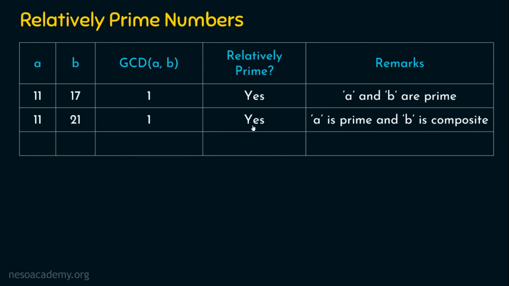I'm going to show a third scenario where the numbers A and B are not prime, they are composite. Can you see here? I am taking A as 12, which is definitely not a prime number, and 77, which is also not a prime number, because 77 has factors like 1, 7, 11 and 77. So it's clear that A and B are not prime numbers, they are composite numbers. But still the GCD is 1, because 1 is the only number that can divide both 12 and 77. So in this scenario also, these two numbers are relatively prime to each other.